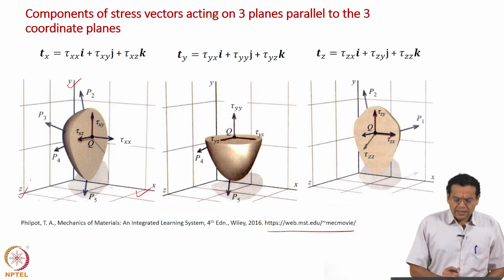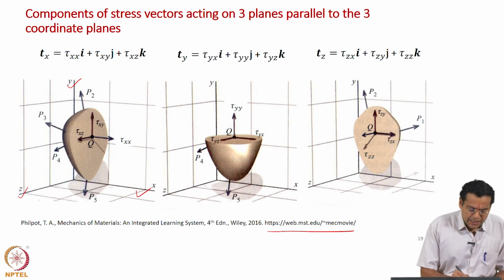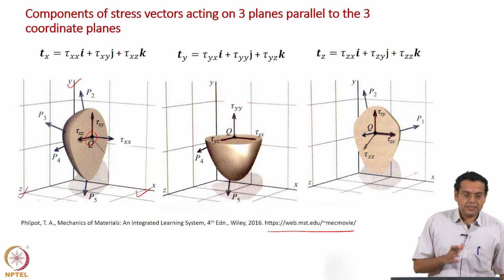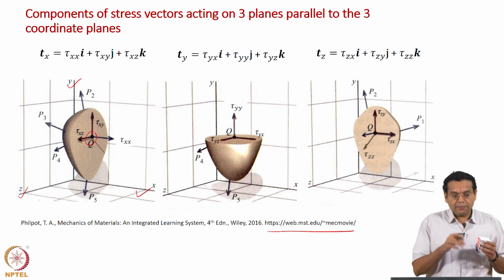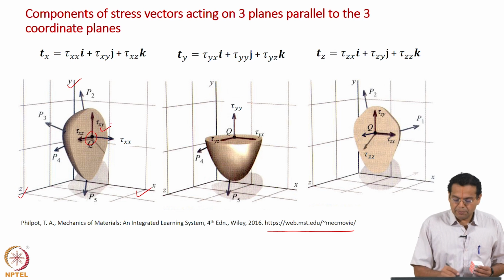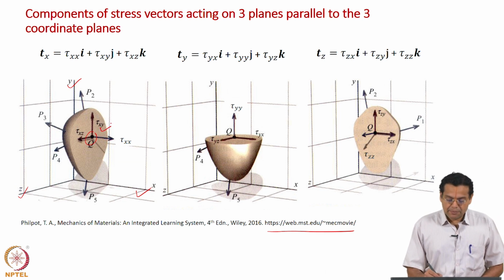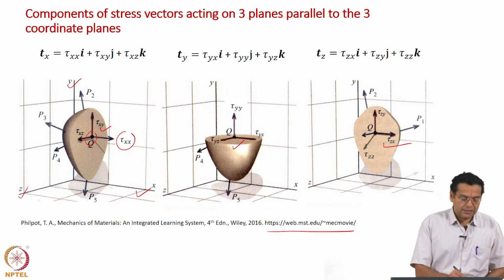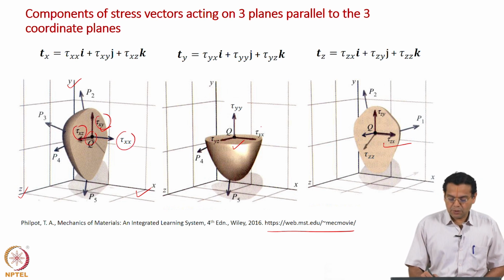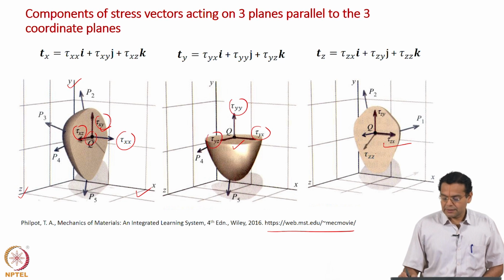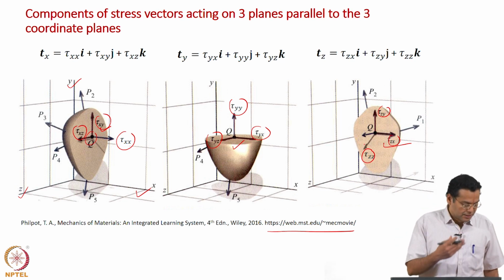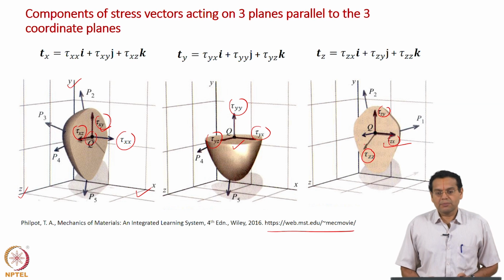This also shows very clearly that we are at the same point Q. Now we are considering the body cut using a plane which is perpendicular to the x axis here, same point, that is important. Now the plane is perpendicular to the y axis, now the plane is perpendicular to the z axis, and of course the components are shown here: tau xx, tau xy, tau xz. Similarly tau yx, yy, yz, and then zx, zy, zz. A little more colorful representation of what we have been discussing so far. That is from Raymond Parnes, and this is from this book by Philpot.